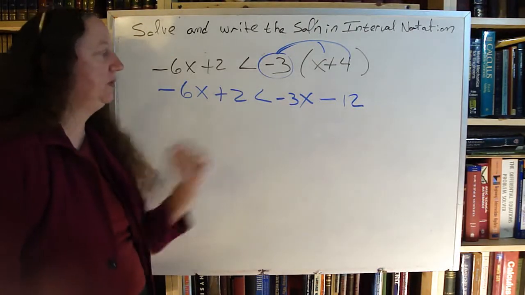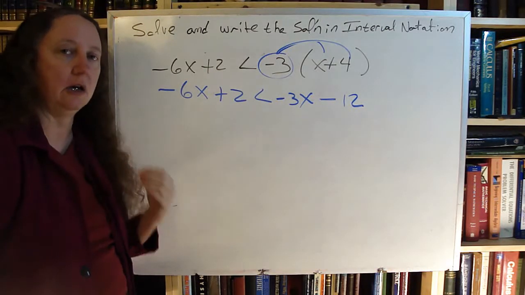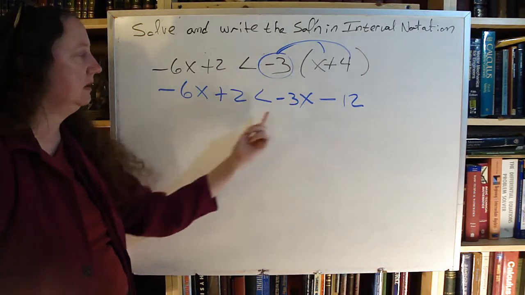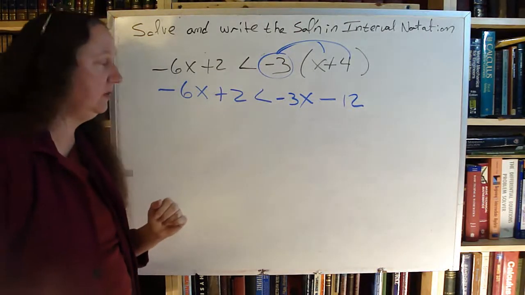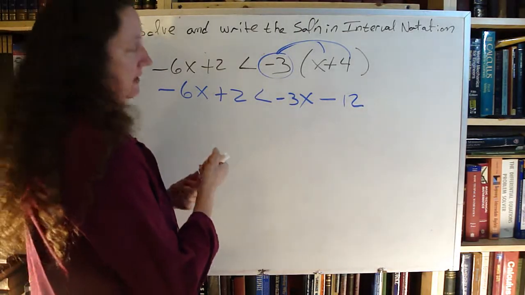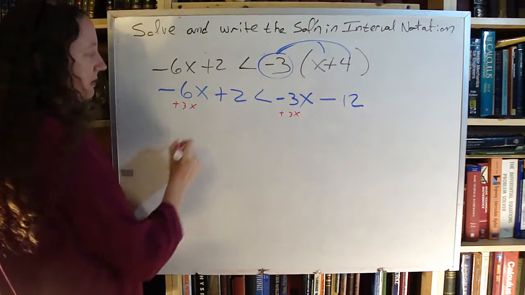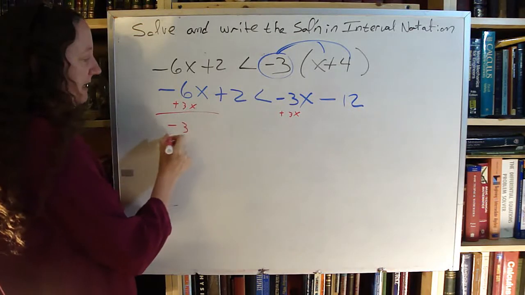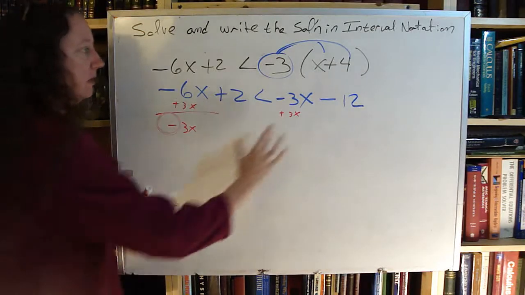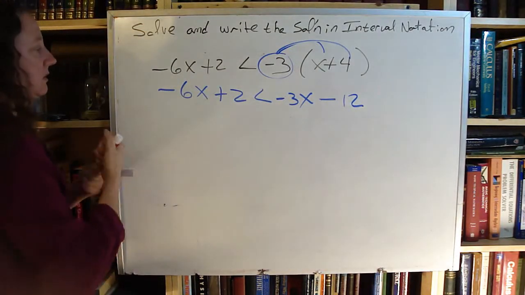My letters are on both sides still. Personal preference, I like positive coefficients. So I see this negative 6 here, I see the negative 3 there, my coefficients, and I think, well, if I were to add the 3x here, and add the 3x over here, that's going to give me a negative 3x. I do not want that. I want a positive coefficient. So I am going to add